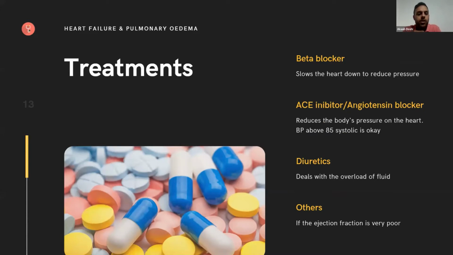As I alluded to in the last slide, essentially with heart failure, the moment somebody develops heart failure, it's a vicious cycle. The body interprets heart failure as, oh my gosh, I've not got enough blood flowing around. And so it pushes the heart to work harder. It pushes the heart to beat harder, to try and produce more blood and help the blood flow around the body. And so all of our treatments work by reducing the work of the heart,